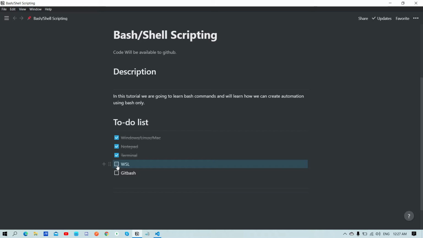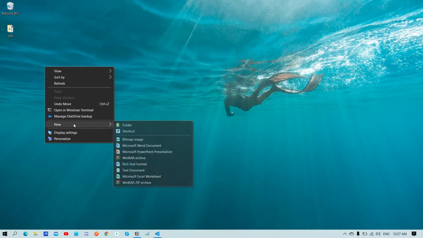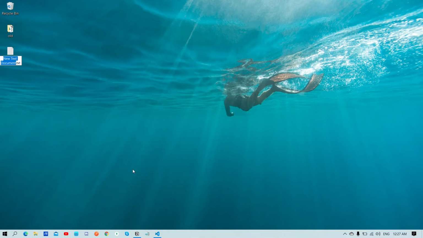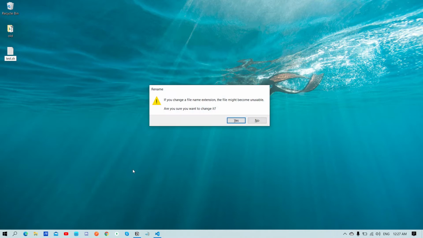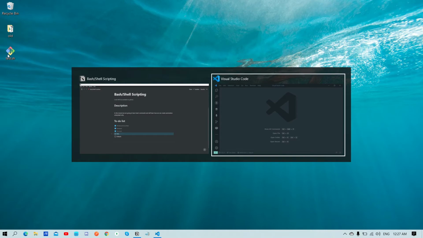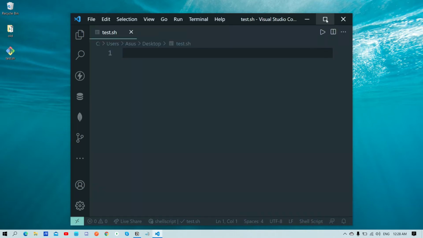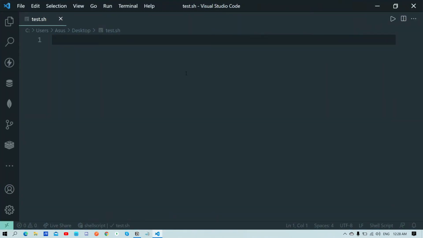Otherwise it's okay. So we'll start from the basic file, which will be a simple text file that you have to create and name whatever it may be, like test.sh. sh is an extension for shell scripting. That's it, finished. Once you get this, you have to have an editor available if possible. It's okay if you don't have an editor, I'm just using an editor for syntax highlighting, and that's it, nothing else. So the basic commands we'll go through.